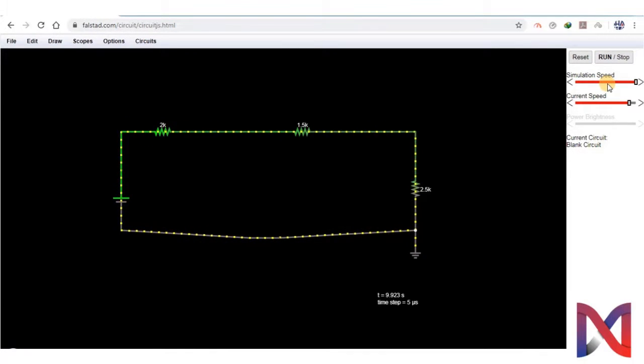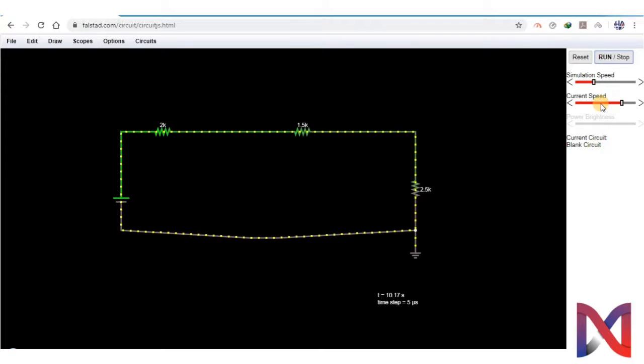Here you can see you can vary the speed of simulation, either make it fast or make it slow. So changing here, you will bring a change in the simulation speed. Similarly, you can slow down or make it fast.